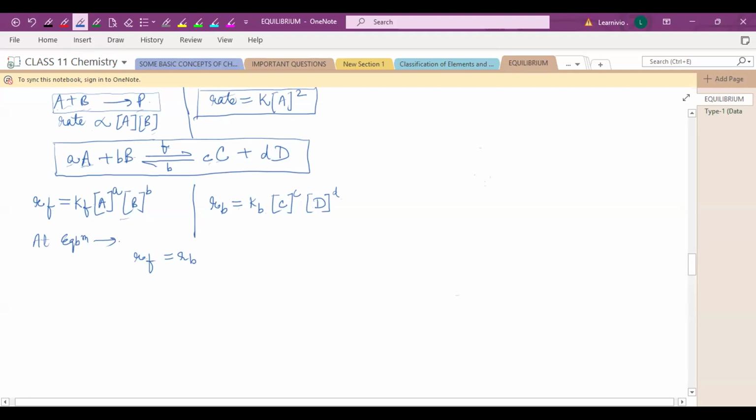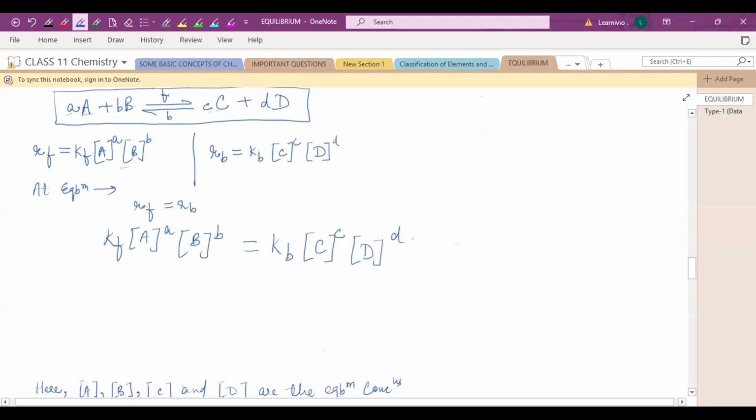Now substitute the value. What is the rate of forward reaction? Kf, concentration of A raised to the power a, concentration of B raised to the power b. Okay, it will become equal to the rate of backward reaction. What is the value for rate of backward reaction? Kb multiplied by concentration of C raised to the power c, concentration of D raised to the power d. Okay, now,